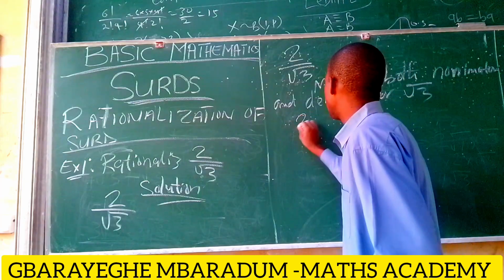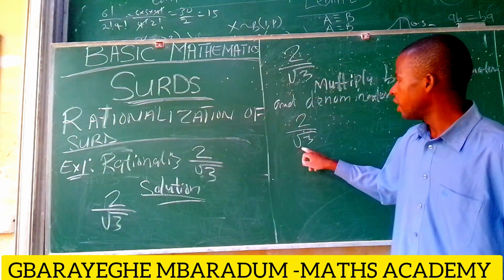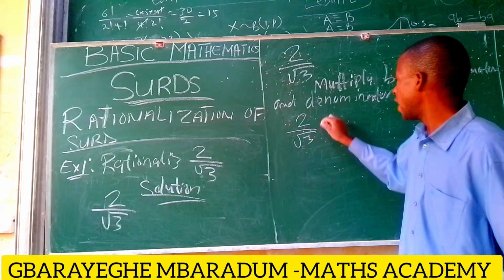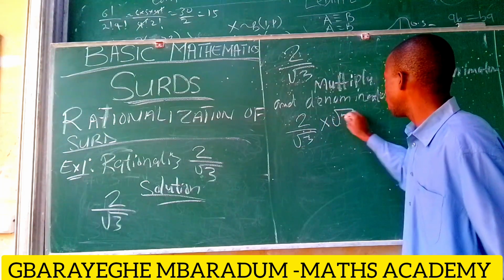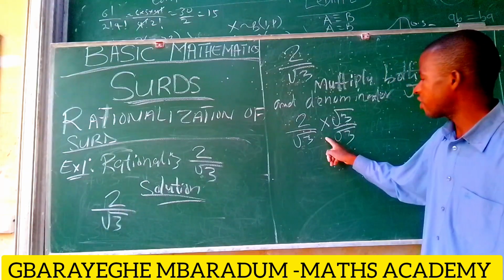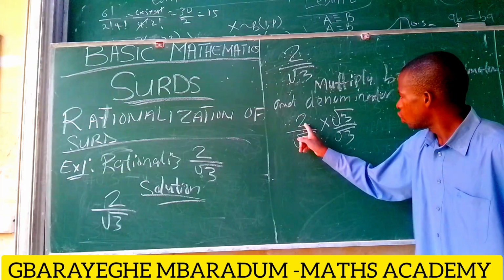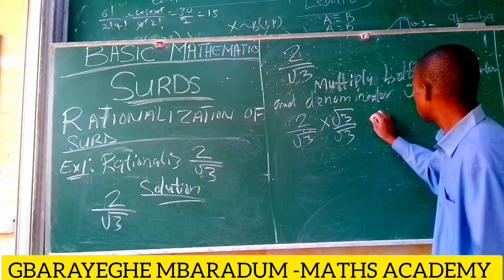And what we have here is 2 all over the square root of 3. This is the question they gave us. So for us to eliminate this root 3, we are going to multiply the top by the square root of 3 and the bottom by the square root of 3. This process is called the rationalization of a surd. Now, you know that 2 times the square root of 3 is going to give us